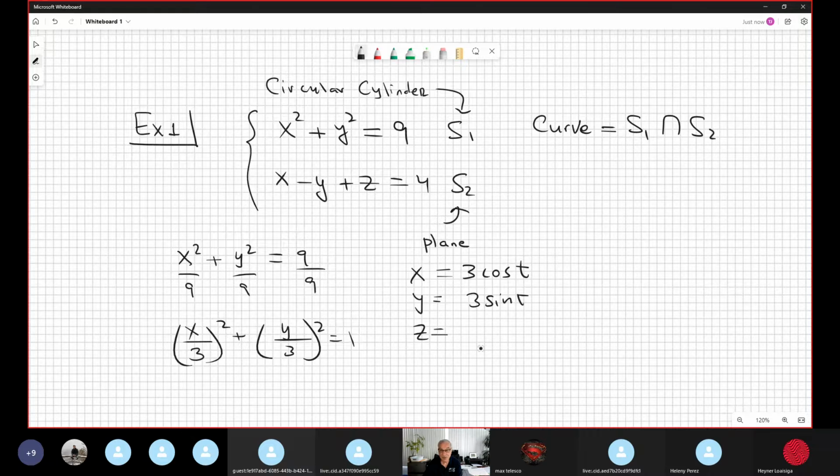But remember the intersection between the surfaces. So the common point in the cylinder is the common point in the plane. No? So you isolate z in the equation of the plane. z is equal 4 minus x plus y. No? Therefore, z is equal 4 minus 3 cosine t plus 3 sine t. Wow, this is the set of the parametric equations of